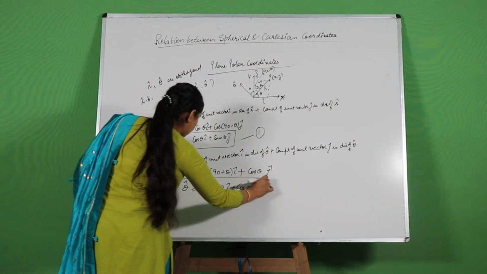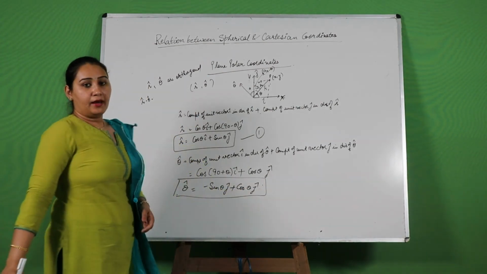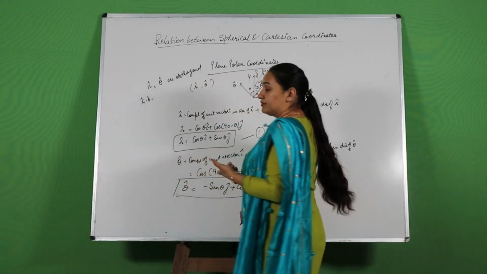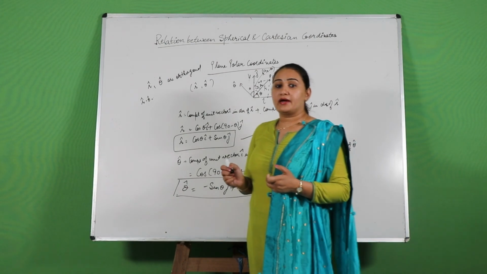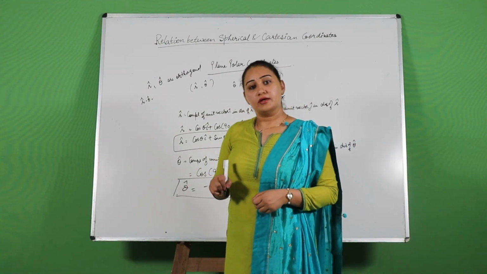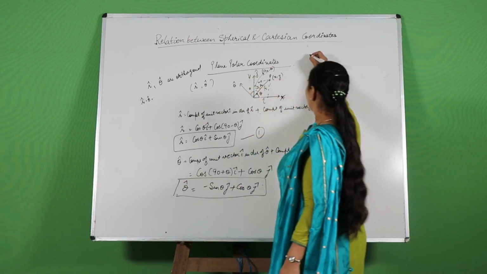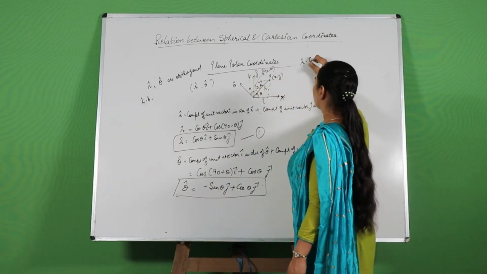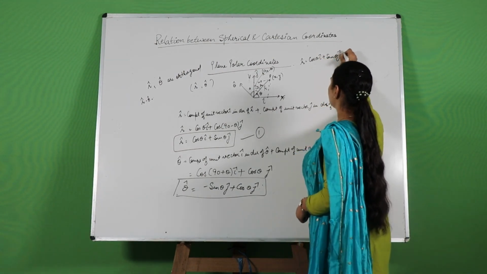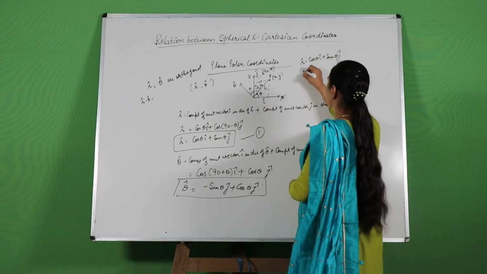This is your theta cap unit vector. It means now you are having the values of the unit vectors r cap and theta cap. So your r cap is now cos theta i cap plus sin theta j cap, and your theta cap is